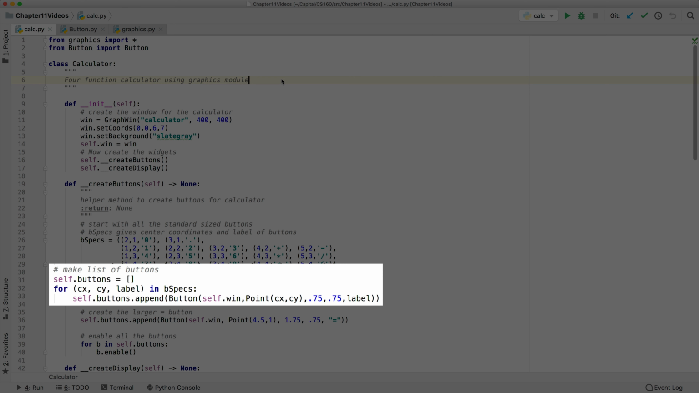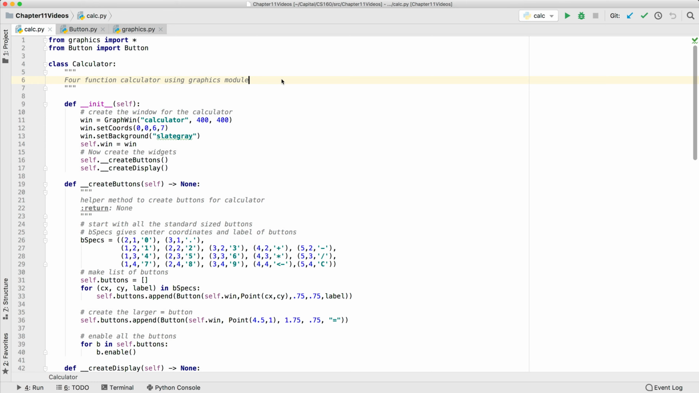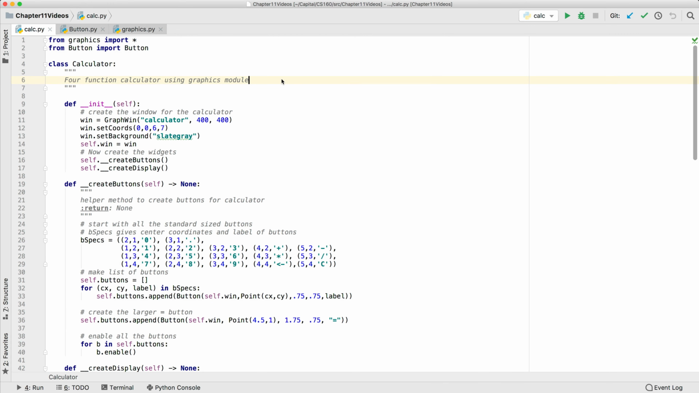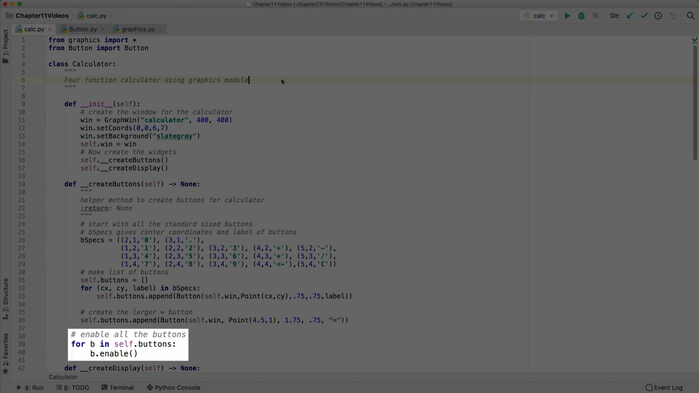We can now iterate over the tuple and unpack the three values into the variable names cx, cy, and label. We use those to create the button and append the button onto the end of our button list. After creating the buttons that are all the same size, we create the larger equal sign button at its location and append it onto the list of buttons. We can now iterate over the list of buttons and enable each button since buttons are created in a disabled